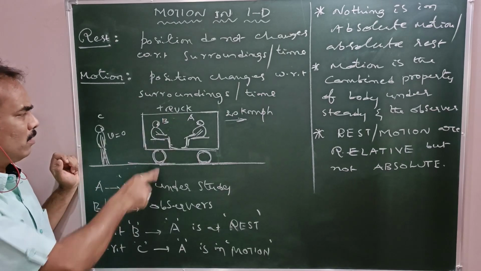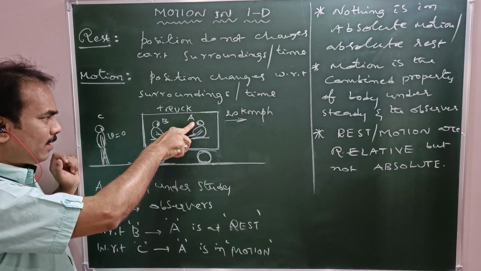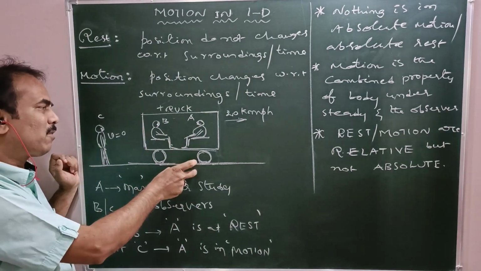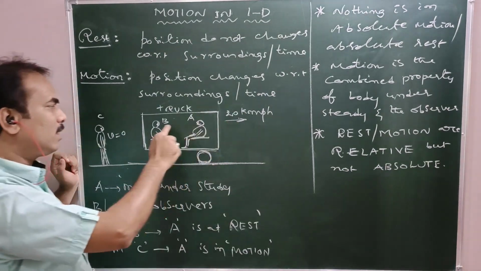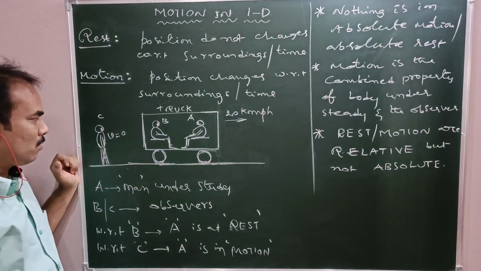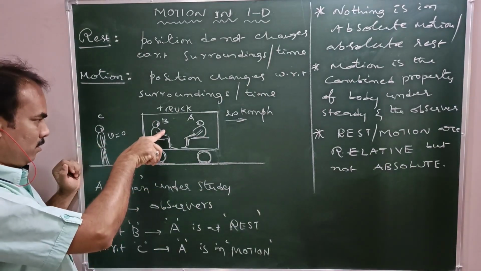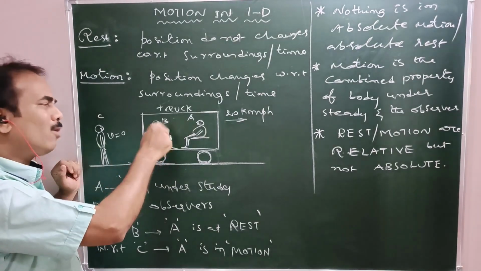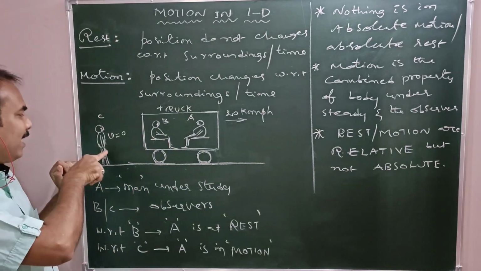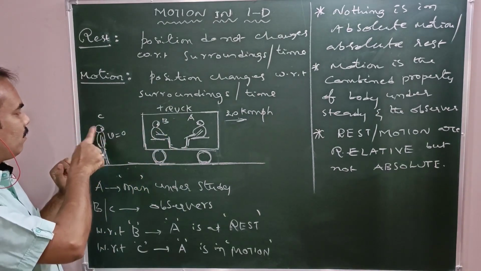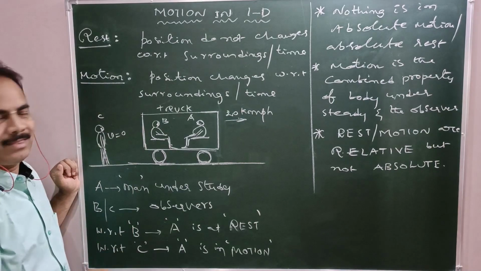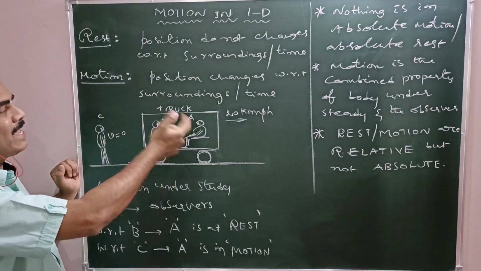See, if you observe, the velocity of A is the same as that of B. Why? Because with respect to ground, the velocity of A is 20 kmph, and the velocity of B is also 20 kmph. So with respect to ground, both are in motion. If you attach the two frames for B and A, both are identical. That is the reason why A appears to be at rest with respect to B. But if you attach a reference frame to C, that is different from attaching a reference to A. That is the reason why C observes A is in motion.